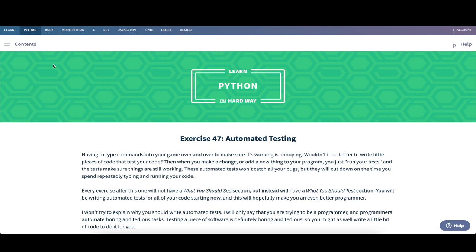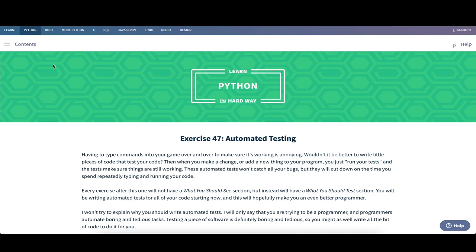Because if we manually test the different features, for example, of the game that we developed before, it can get quite annoying and boring to test the same capabilities over and over again. And in order to facilitate that and automate that a bit more, we can just write test cases and then run our tests, which automatically will test if our code is working correctly. These automated tests that we are going to write may not catch all the bugs that are introduced in our code, but they will definitely reduce the amount of time that we need to spend in order to test our